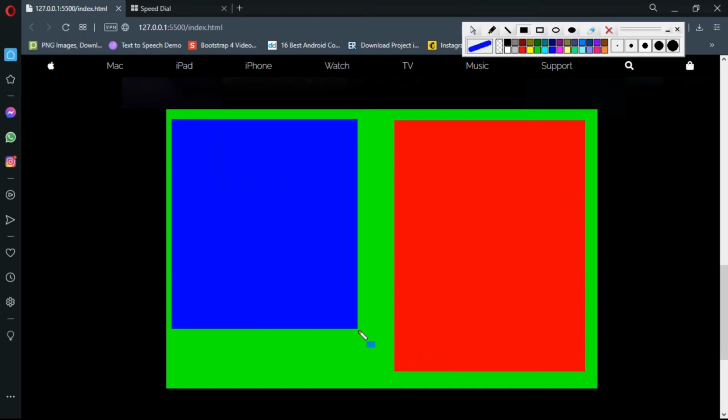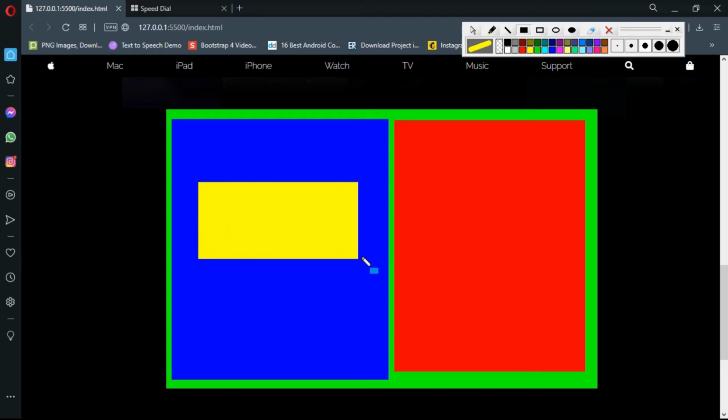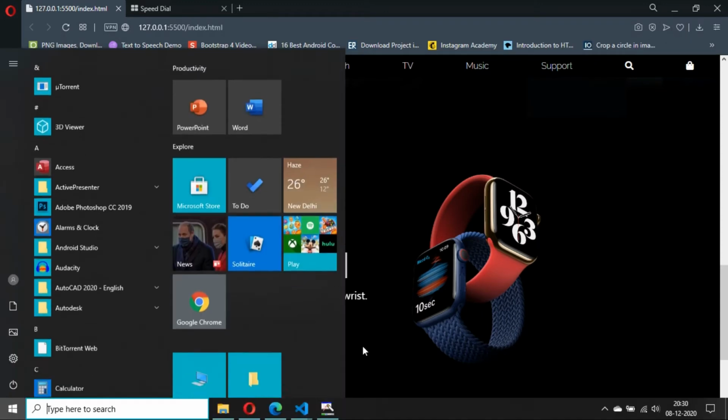Inside that it is going to have a second container, around 50-50, with some text, a quick intro about the watch. And this light blue container is going to have some buttons for more information, learn more, and buy, all of that stuff. Let's minimize this. I hope you understood all of this structure.